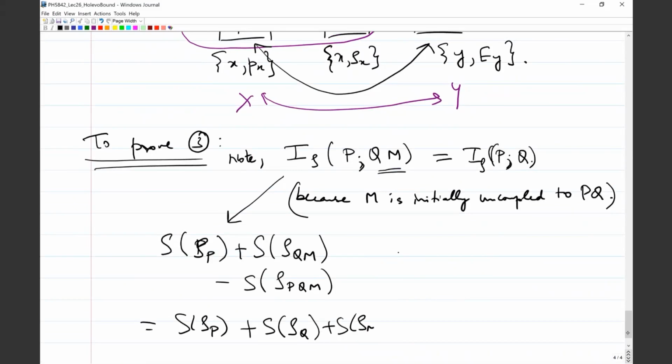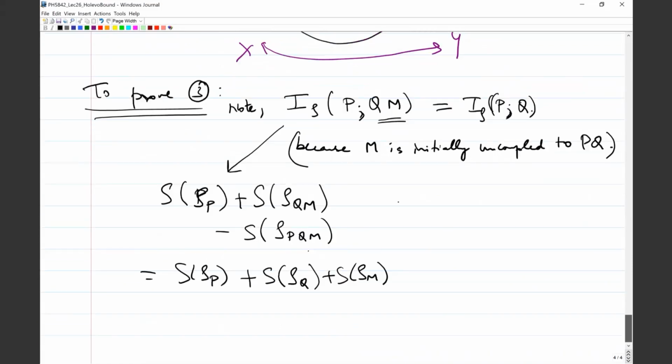You do the same thing with this tripartite entropy now. Again, I'm going to split it as rho PQ tensor rho M, correct? Because PQ is in a tensor product state with M. Once again, this splits up, then,